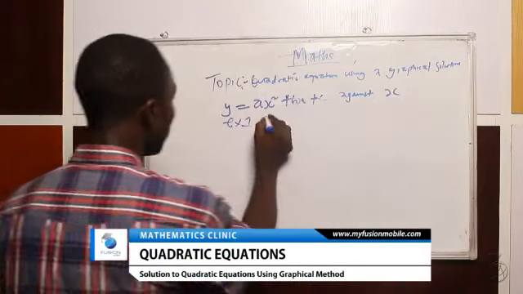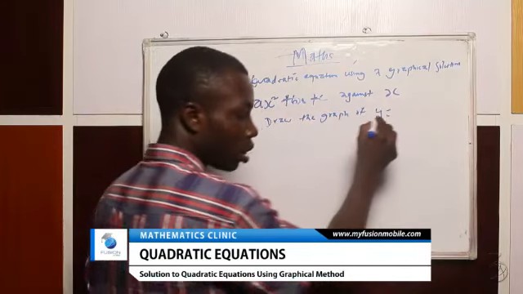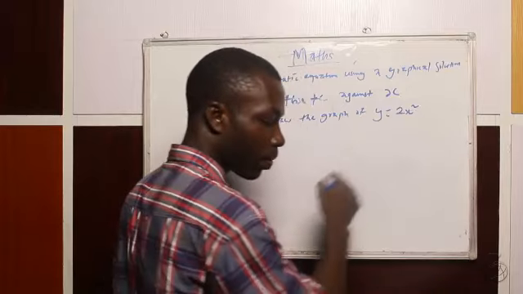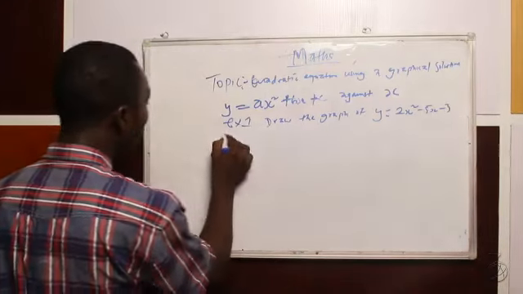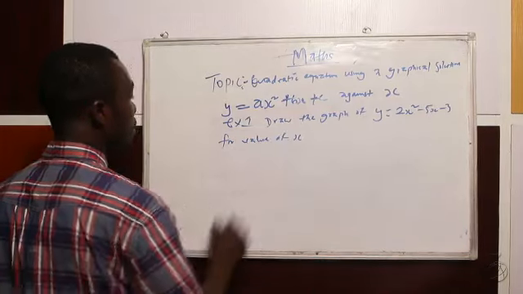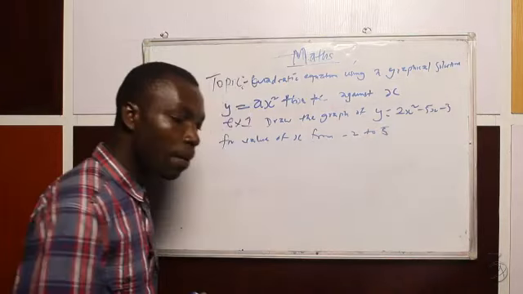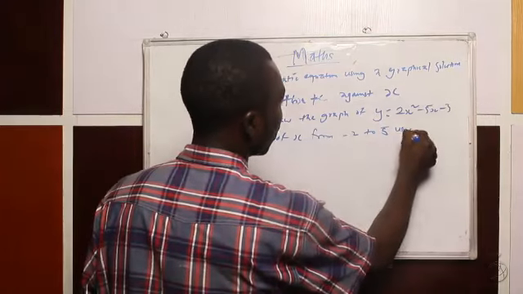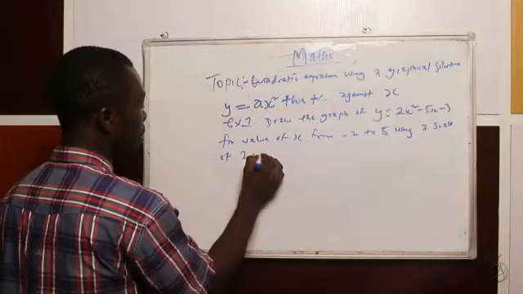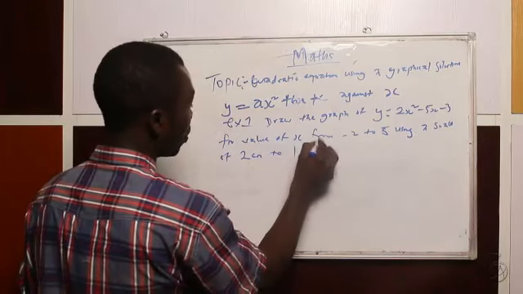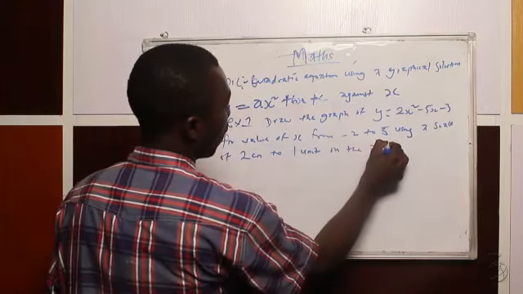Draw the graph of y equal to 2x squared minus 5x minus 3 for values of x from minus 2 to 5, using a scale of 2 centimeters to 1 unit on the x-axis